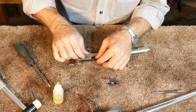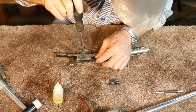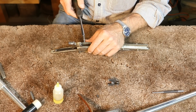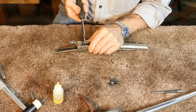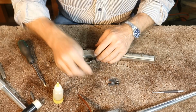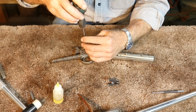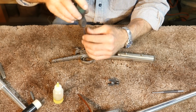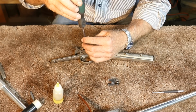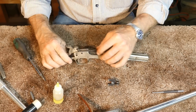It's a little tricky lining up these screws. Make sure it's going in the pivot hole on that carrier. There, I heard it snap in. Okay, then we'll do this side. Usually after the first one goes in, the second one lines up pretty good, but not always, so you kind of got to watch. And you can tell you start getting a lot of resistance. It's not going where it's supposed to, but that is. Okay, so see,